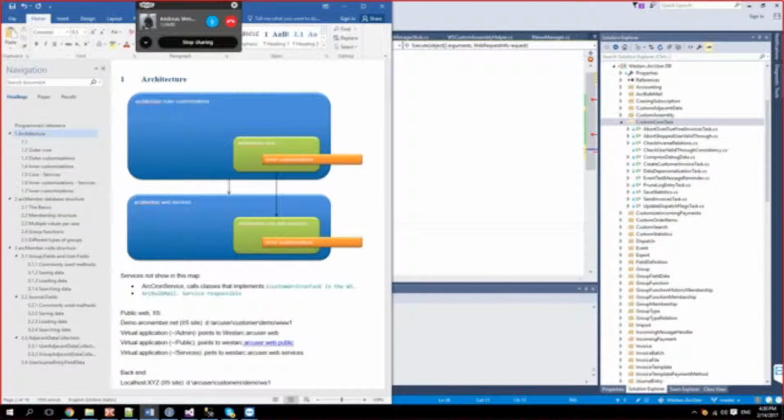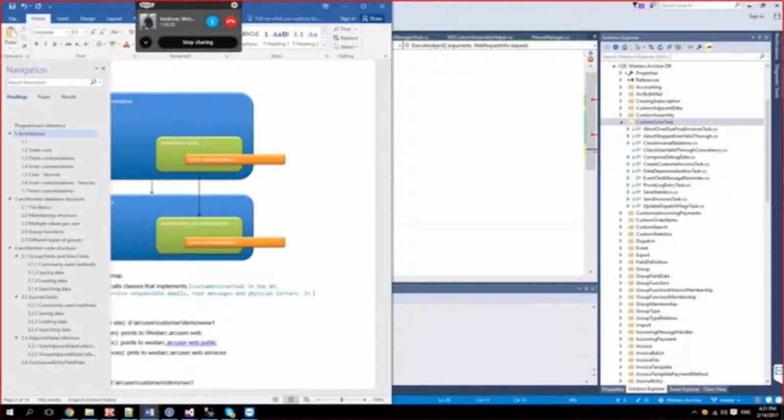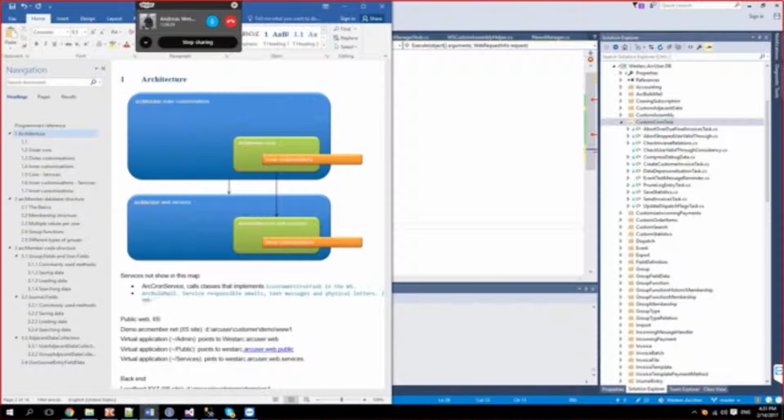So this service is responsible for sending out emails, text messages, and physical letters. Among other things, it also receives email statuses and text messages.